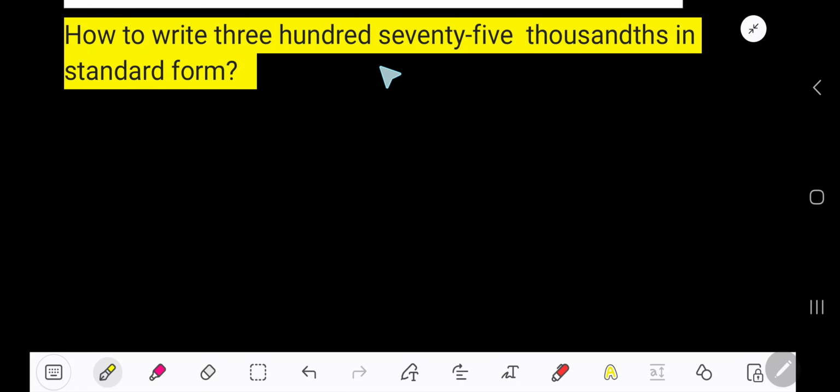How to write 375 thousandths in standard form? Standard form means we use the digits 0, 1, 2, 3, 4, right? So to